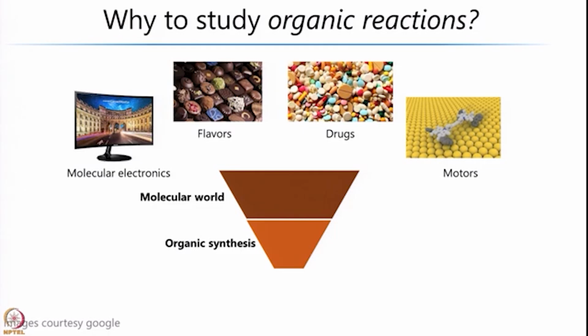In order to achieve organic synthesis or synthesize a given molecule, which could be a drug molecule or a conjugated polymer for an electronic application, we must first understand how individual molecules and functional groups behave in themselves. That gives us a tool to manipulate different kinds of functional groups and ultimately achieve the transformation we are looking at, and using that we can make the ultimate molecule of interest and use it for various kinds